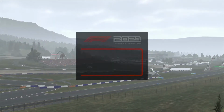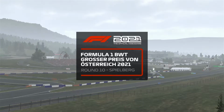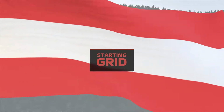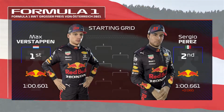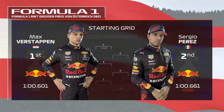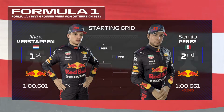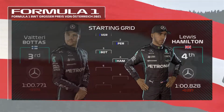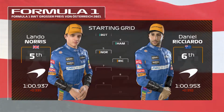Welcome to the beautiful Styrian Mountains for another chapter in the story of the Austrian Grand Prix. It's time to take a look at our starting grid for today's race. Young superstar Max Verstappen starts from pole position. Sergio Perez lines up alongside. As we continue through the rest of the grid today, we have Bottas, Hamilton, Lando Norris and Ricciardo,